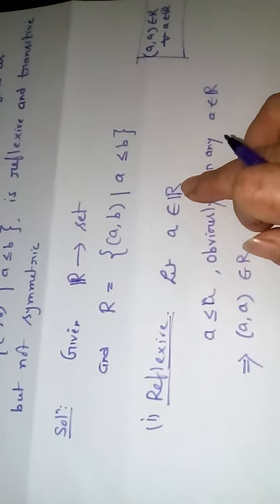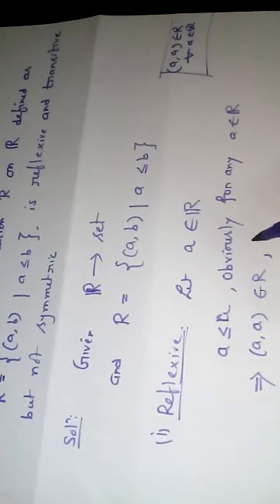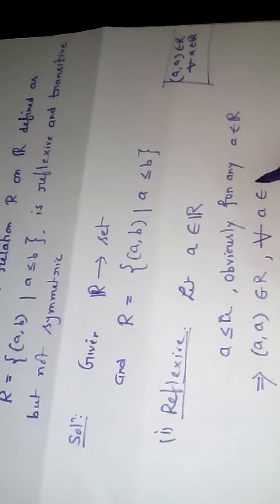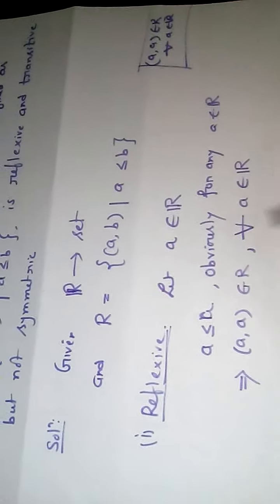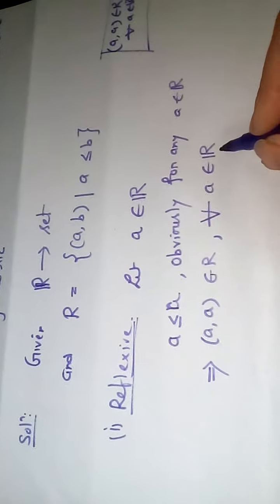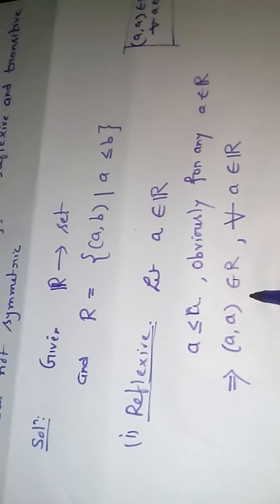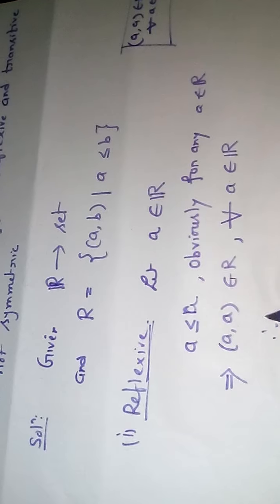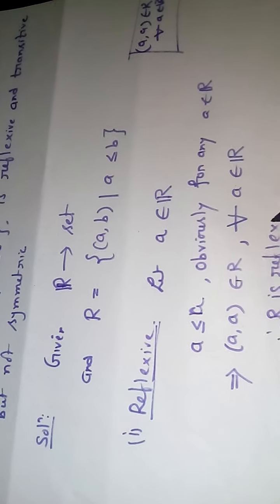This ordered pair is in the relation but the element is from the set. That difference you try to clear, and you can write down that since we are taking it for any A, that means this is true for all A belongs to R. You see the difference between this R and R. Ordered pair টো কোৱা আছে relation ত কিন্তু তোমালোকৰ element টো সদায় set ত আছে. So you have seen here that every element is related to itself. That means you can give the conclusion that R is reflexive.